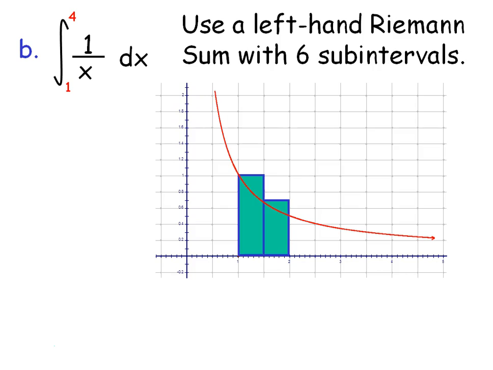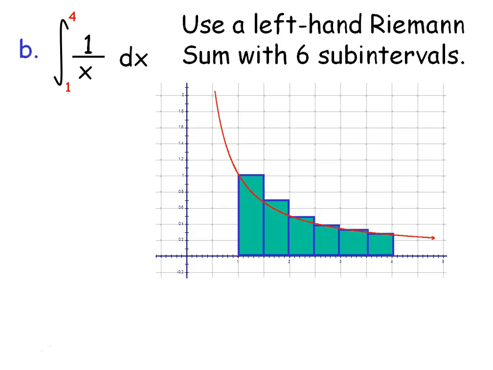This will be the next rectangle. You can see the top left-hand corner of the second rectangle touches the curve at 1.5. And then the third rectangle and the fourth rectangle, right on down the line, we have 6 rectangles. There they are. Now you notice a left-hand Riemann sum, or an LRAM, on a decreasing function: you can see part of each rectangle is above your curve. So this estimation should overestimate the actual area, greater than the actual area between the curve and the